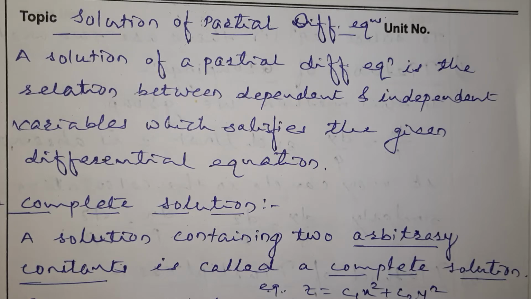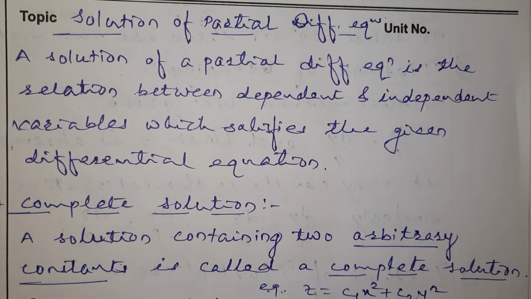My dear students of second year, today we will start the solution of a partial differential equation. Up to the last lecture, we have studied the formation of a partial differential equation. So we get a differential equation. You know the method to get that partial differential equation. There are two methods we have studied. The first one is eliminating arbitrary constants and the second one is eliminating arbitrary functions. So depending on that, there are two types of solutions. We will see the actual definitions of those solutions and their names.